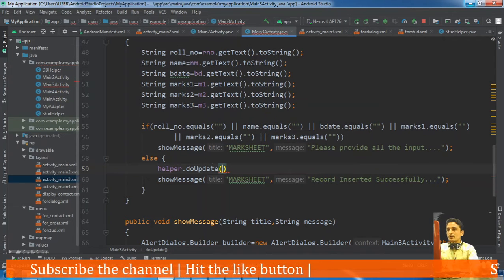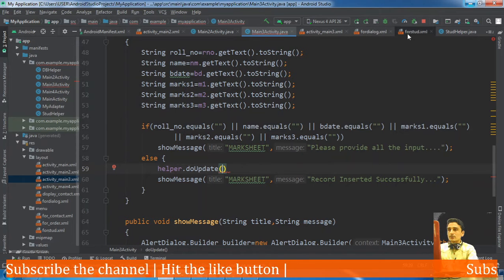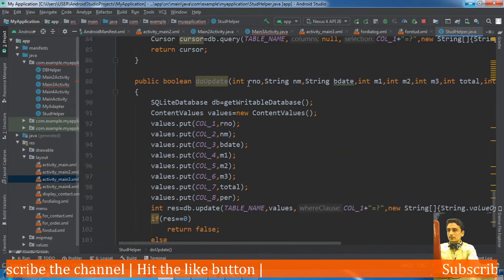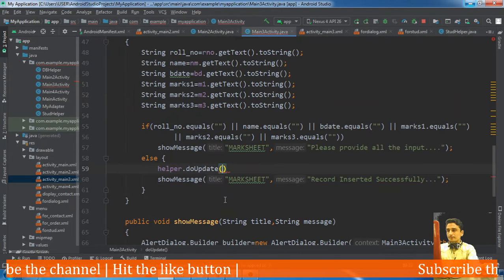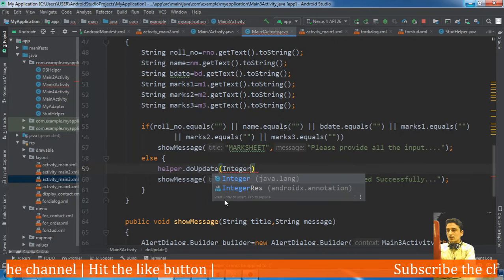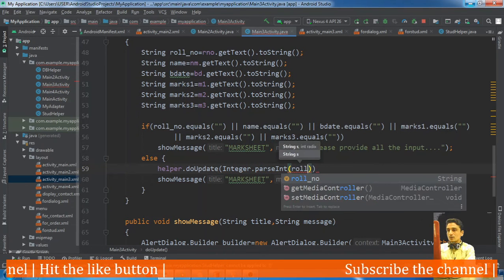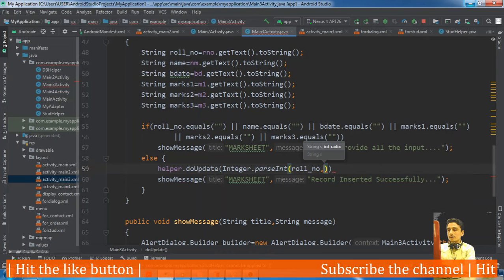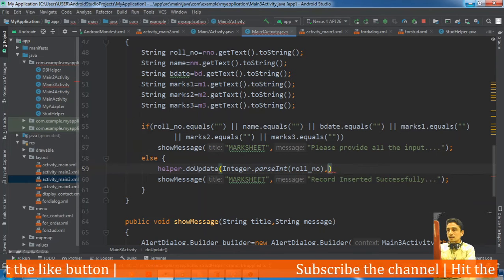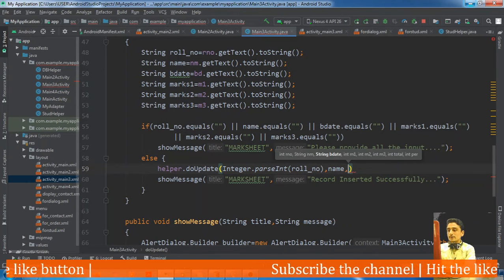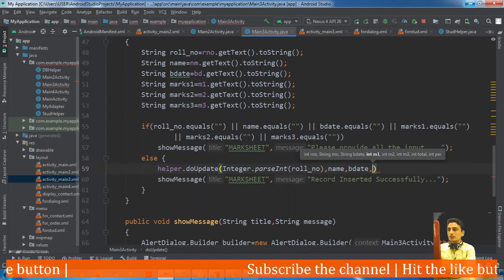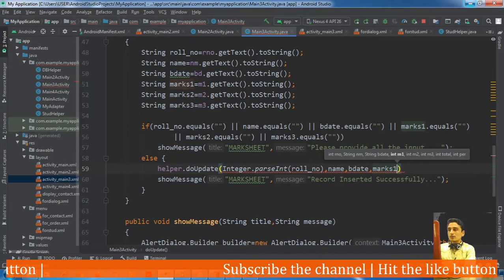Yeah, we have defined it as integer, that's why. Yeah, roll number integer dot parse int roll underscore number. Second argument is name, third argument is bdate, fourth argument is marks1.